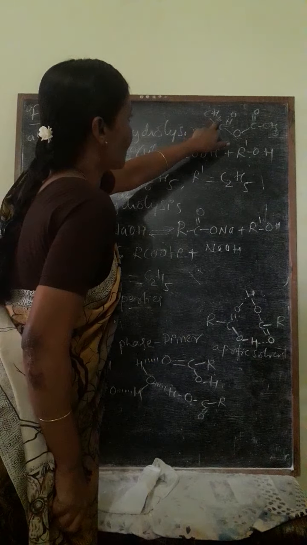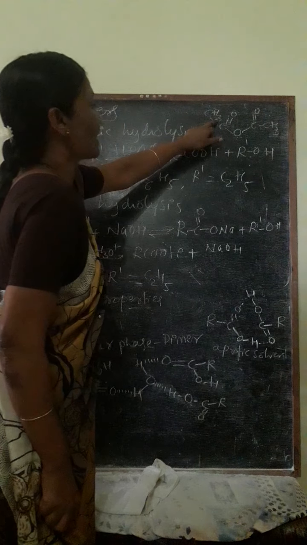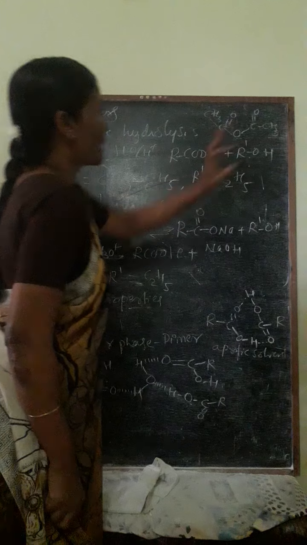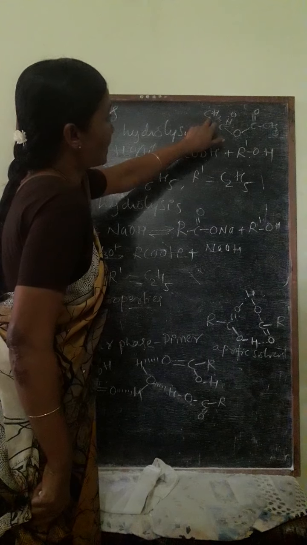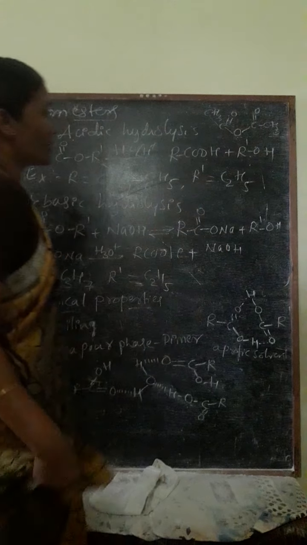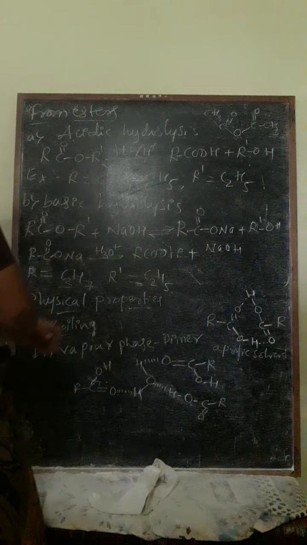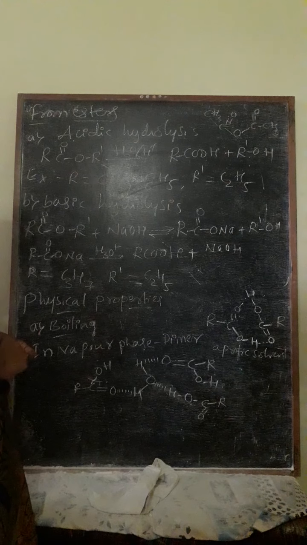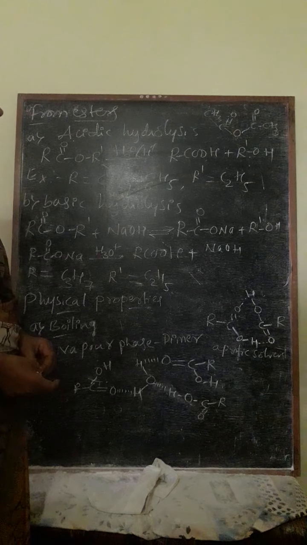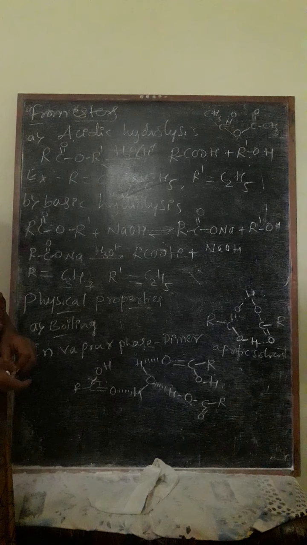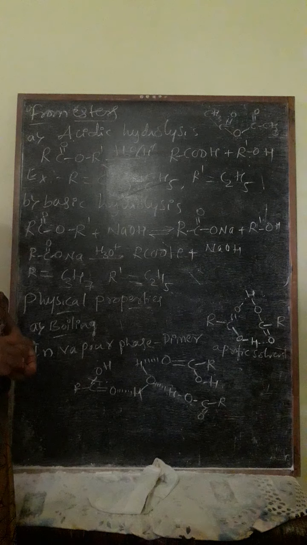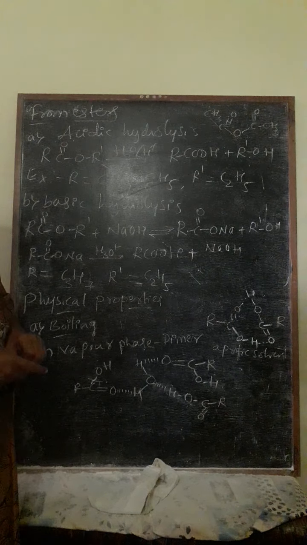You may change CH3, instead of CH3 you have to use C6H5, it gives benzoic acid plus acetic acid. If you change CH3 in both, that gives benzoic acid only. Like that, you have to change that anhydride by taking R group, either alkyl or aryl. If you take both alkyl, it becomes alkyl carboxylic acid. If you take both aryl, it becomes aryl carboxylic acids, and if you take different of these two, one alkyl, another aryl, you get the corresponding carboxylic acids.